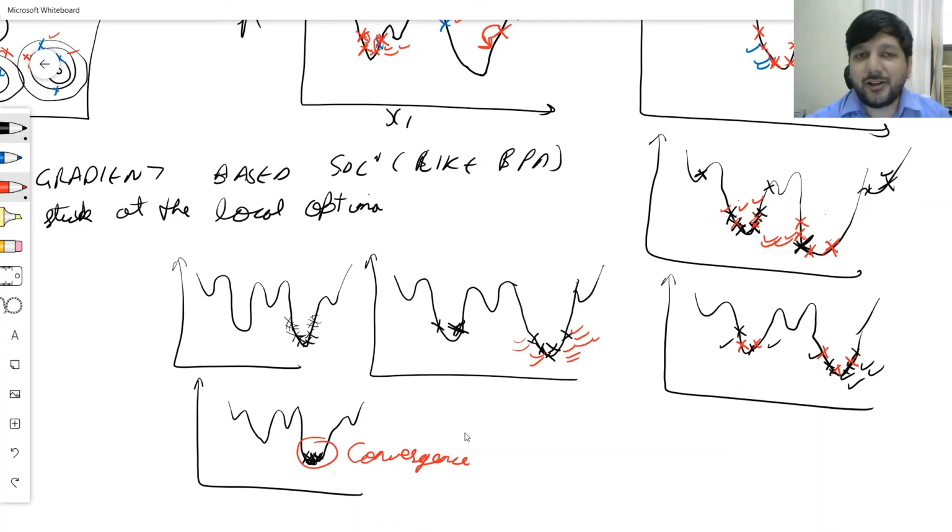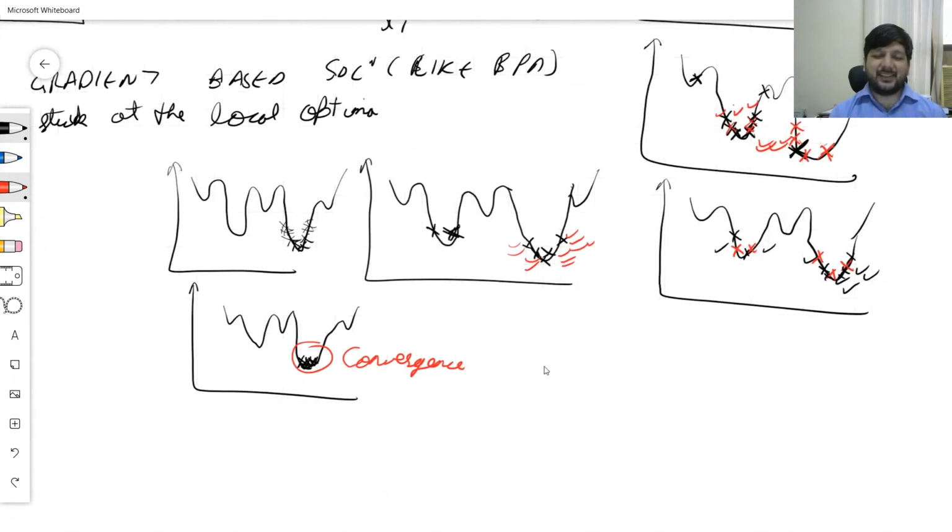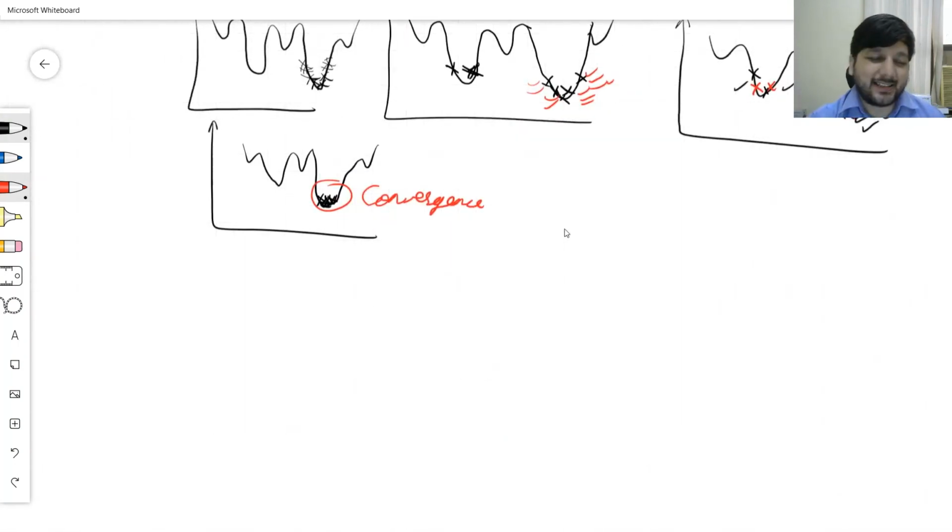Convergence is when all your individuals are in one small region, when all your individuals are at one small place. That is when we say that the algorithm has got into a convergent situation. So this is what a convergent situation is to us. If you see this ideally, writing it down as text,